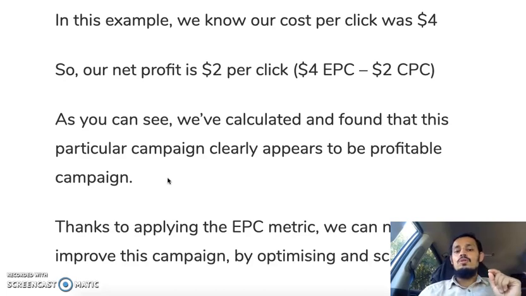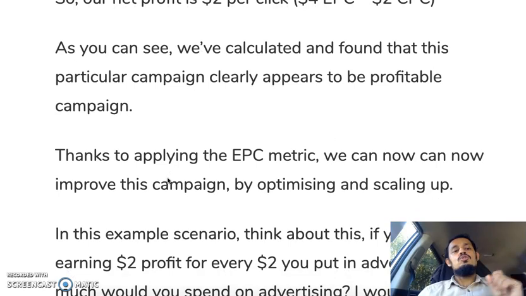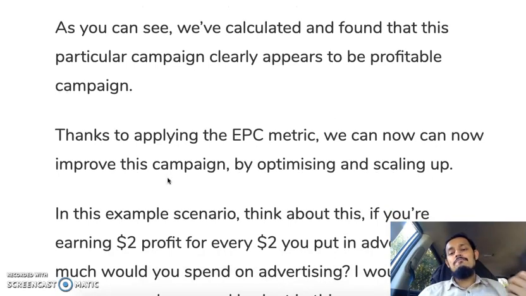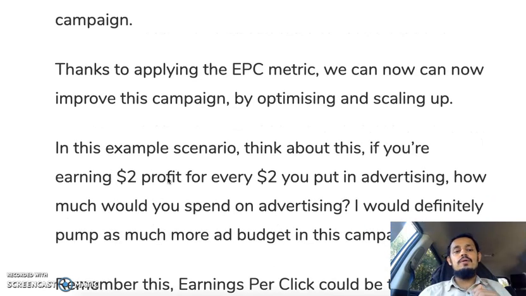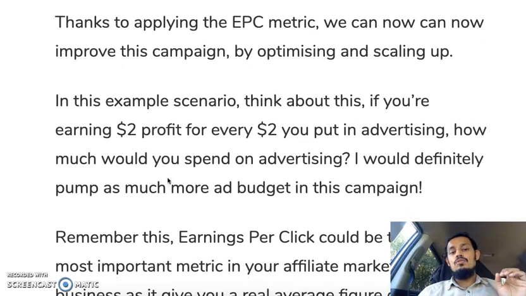That's $4 earnings per click minus $2 cost per click, giving us $2 per click net profit. So as you can see, this particular campaign clearly appears to be a profitable campaign. Thanks to applying the EPC metric, we can now improve this campaign by optimizing and scaling up.